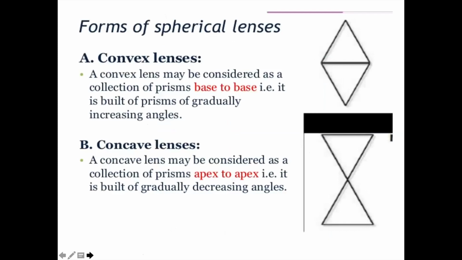How to form a convex mirror? Convex lens. Now I have to talk about lenses. How to form a convex lens? Take two pyramids and keep them with their bases on each other. A convex lens is formed. And instead of bases, I'll keep the tips on the side. The bases are on the opposite sides. Bring the tips together. A concave lens is formed. Okay.